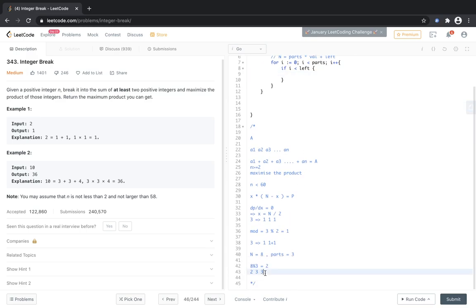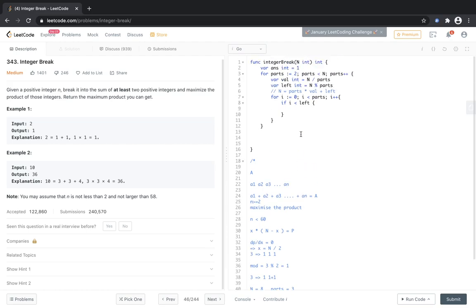Like here in this case, 1 was added to these two numbers. So if i is less than left, and always notice that I'm using zero based indexing, so don't be confused by that. So if i is less than left, then we have value plus 1.